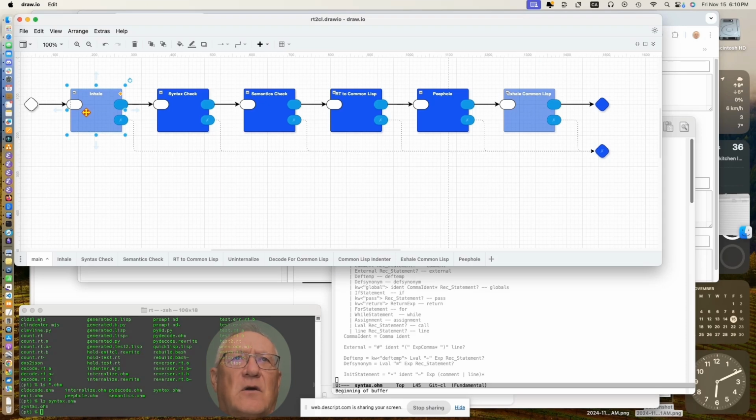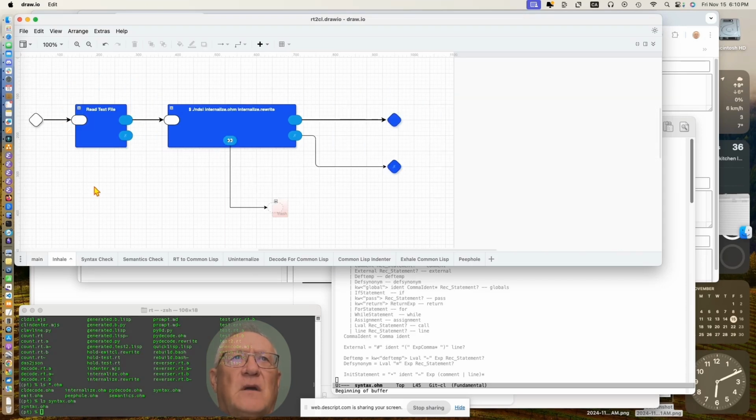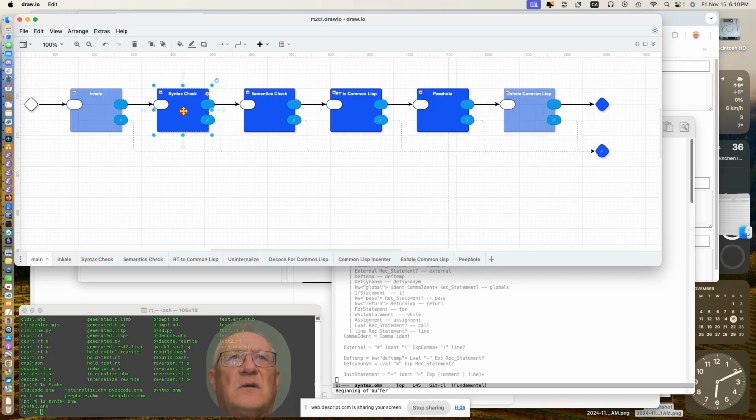We inhale the code, modify it using internalize.home. Then syntax check it, which really just runs it through home and declares any errors. We do semantics checking, looking for ways things are used and declaring errors. If we see them used incorrectly, then we